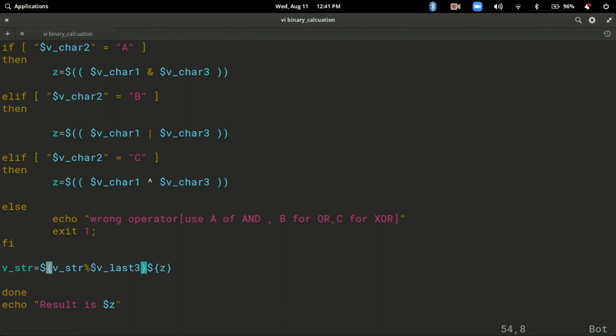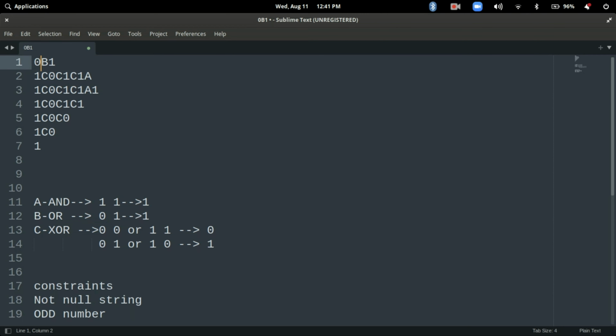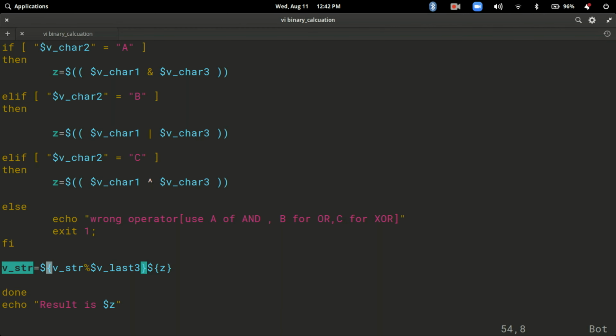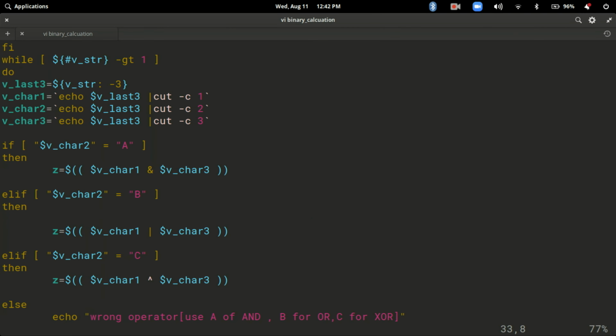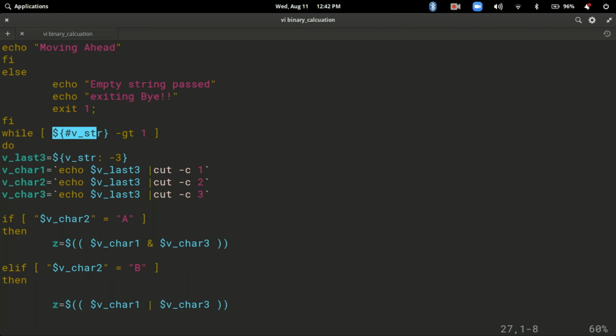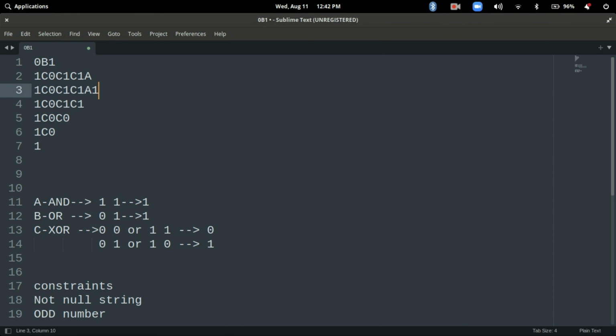And then I am appending the value of Z, based on the calculation between 0 and 1, whatever the value is, and the new string will become like this. So again I am storing it in the same V_string variable. As soon as it does, it goes to your while loop and checks whether the length is greater than 1. Still the length is greater than 1.